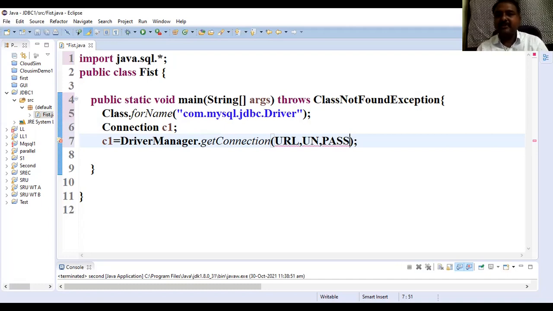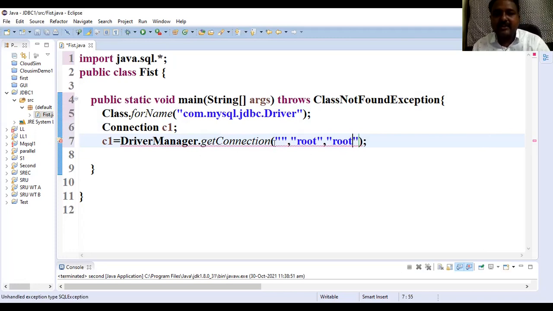So in the place of username, we are going to give some information here in the form of a string. The username for my database is root, and the password is also root.